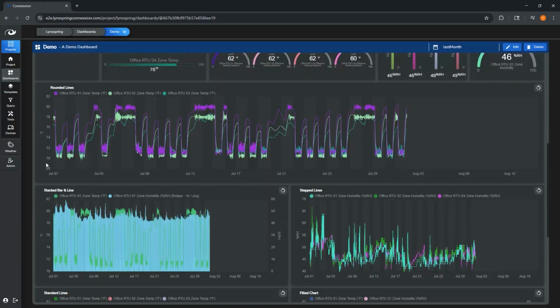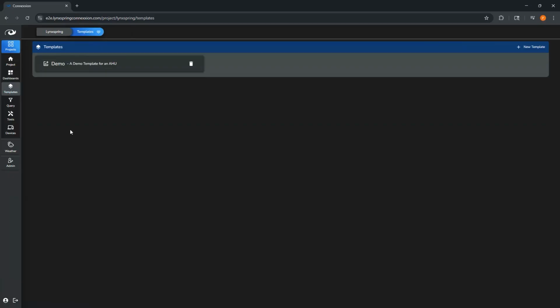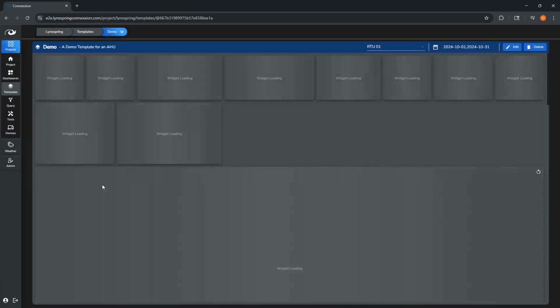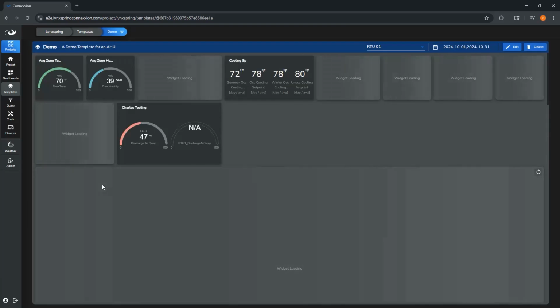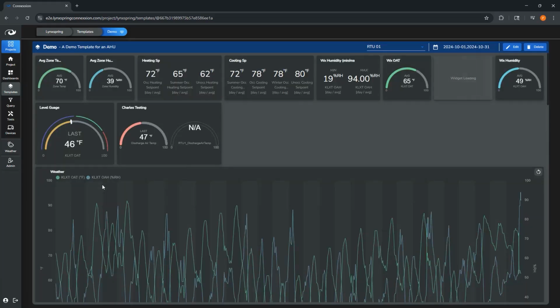And then next, after dashboards, is templates. So templates are dashboards that are built for a specific entity. So for example, and I like to use VAVs. Let's say you have a building that's got 50 VAVs in it. You don't want to build 50 dashboards for each VAV. Instead, you want to build one VAV template and then recycle that template over and over and over. So that's what a template does.